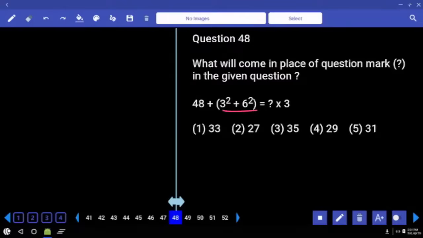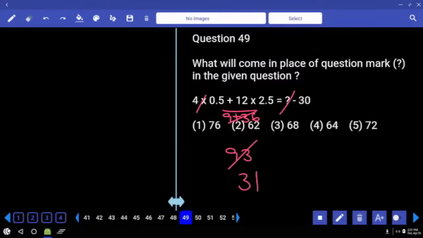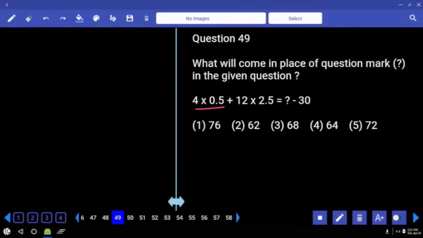3 square, 9. 6 square, 36. Sum 45. 48 plus 45, 93. 3 cancellation, 31. 4 half times 2. 12, 2 and a half times 30. Minus 30 comes to left hand side, becomes 30. Answer